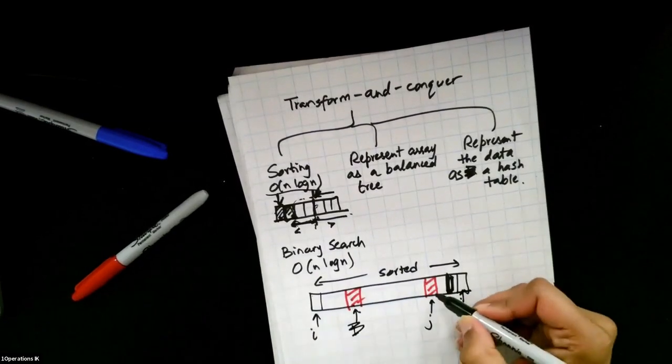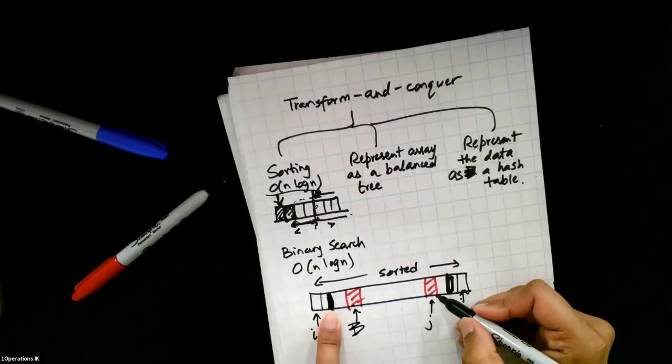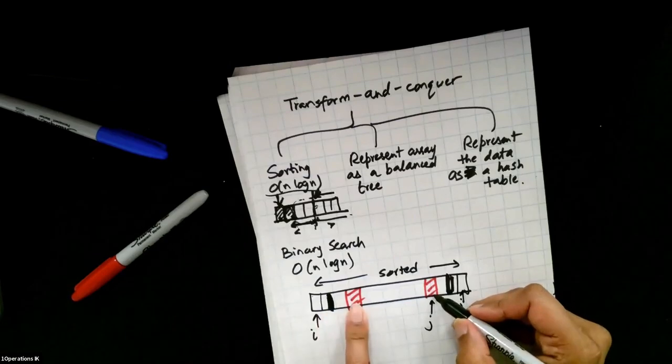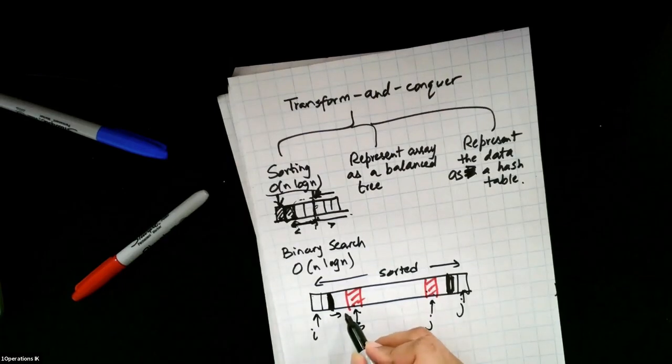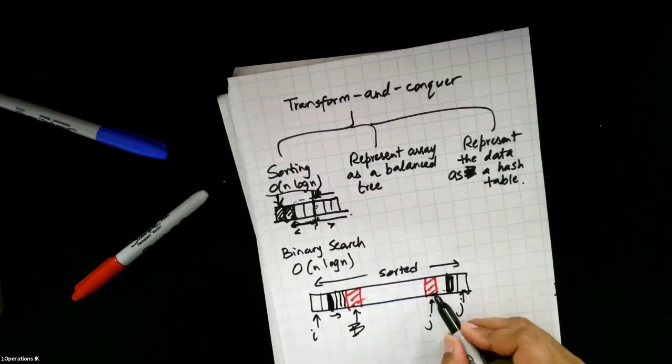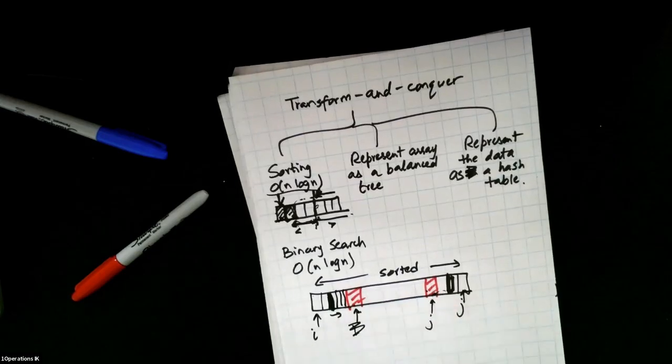If on the other hand, the J pointer had reached here first and the I pointer was somewhere over here, what would these two numbers have added to? Something less than the target, because these two numbers add up to the target. So this number is smaller than this number. So the sum of this and this would be less than the target. And in that case, we decided to increment the I pointer. And so we will keep incrementing the I pointer because all of these numbers will add up to something less than the target when added up with this number. So we'll keep incrementing the I pointer until the I pointer reaches here. And at that point, we will discover this pair. So our algorithm is guaranteed to be correct. And it's going to